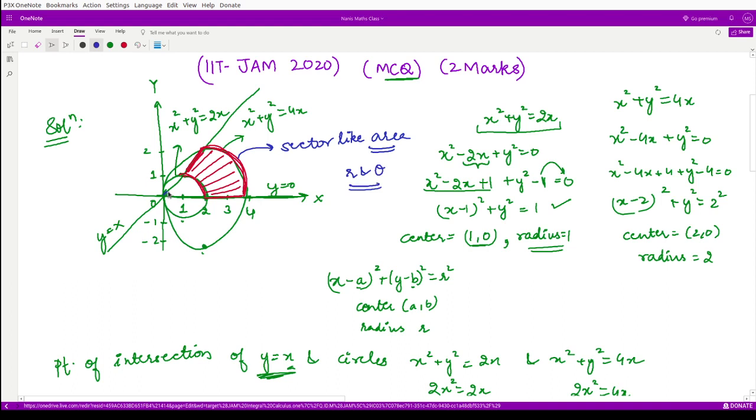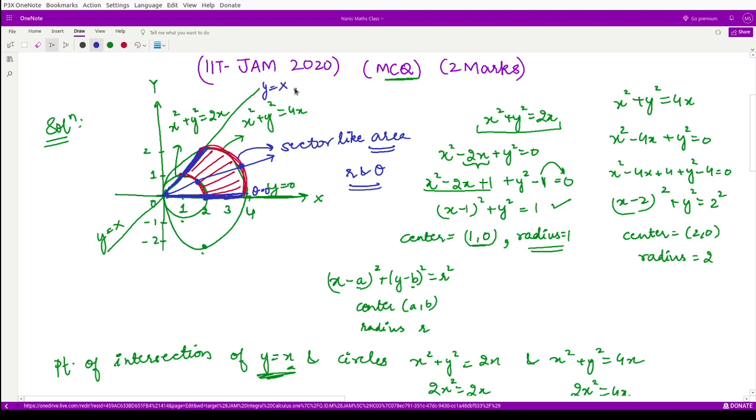So here you are to determine for the area, what you will do, you will draw a ray starting from origin passing through like this. So you will calculate what is the value of r here and what is the value of r here, and moreover you will see in order to cover this whole area you are to move from this point to this point. So here you will see what is your angle theta. So obviously here the angle theta is equal to 0 because this is your initial line, and this line y is equal to x.